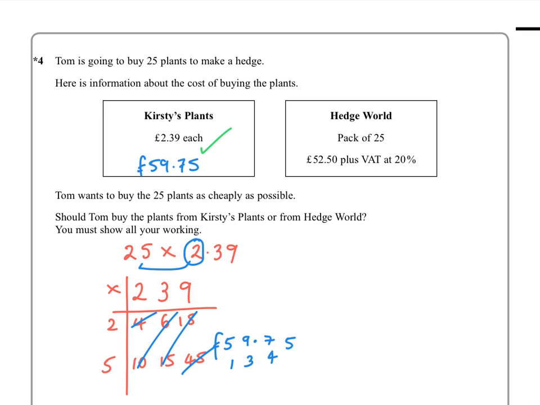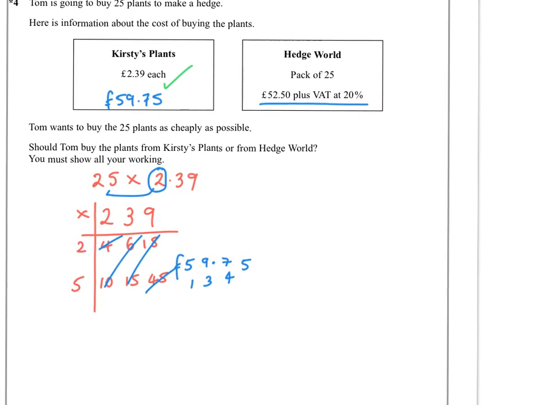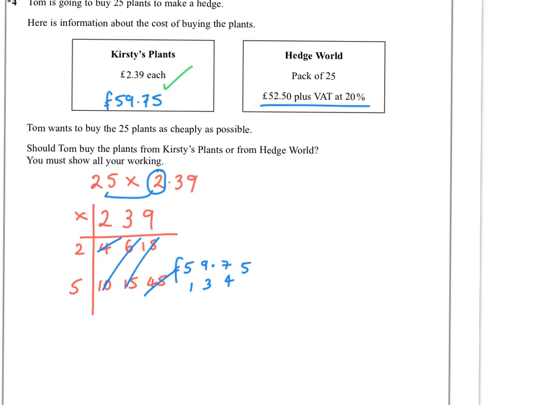And then in this situation, I would have a pack of 25 is £52.50 plus VAT at 20%. Well, there's a couple of ways of looking at this one. You could firstly say that 100% is £52.50, and then 10% would be £5.25, and so 20% would be £10.50,